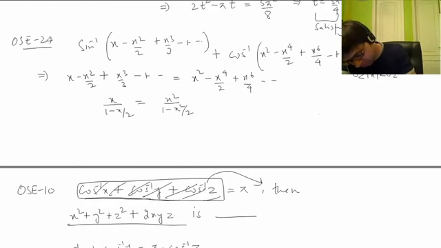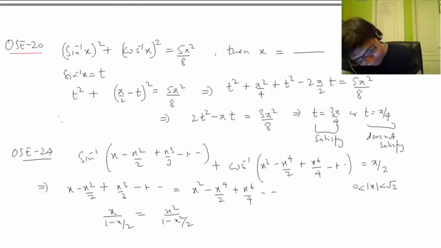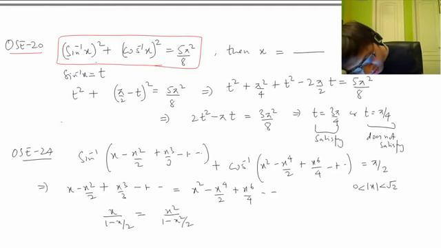So I have 2 more questions here. Now we have to solve this equation. Sin inverse x whole square plus cos inverse x whole square equal to 5 pi square by 8. Now again this is the question where we have to use sin inverse x plus cos inverse x equal to pi by 2, and after that it's just not that difficult. If you can get this idea, then it's almost done.